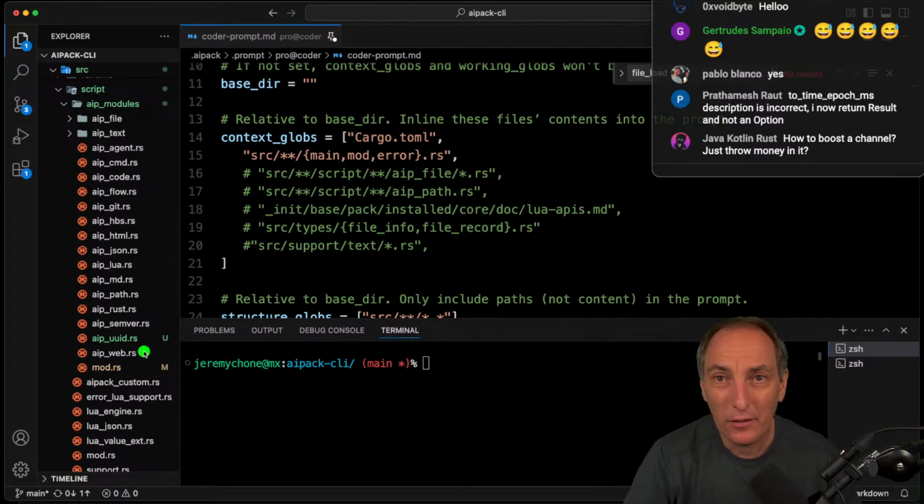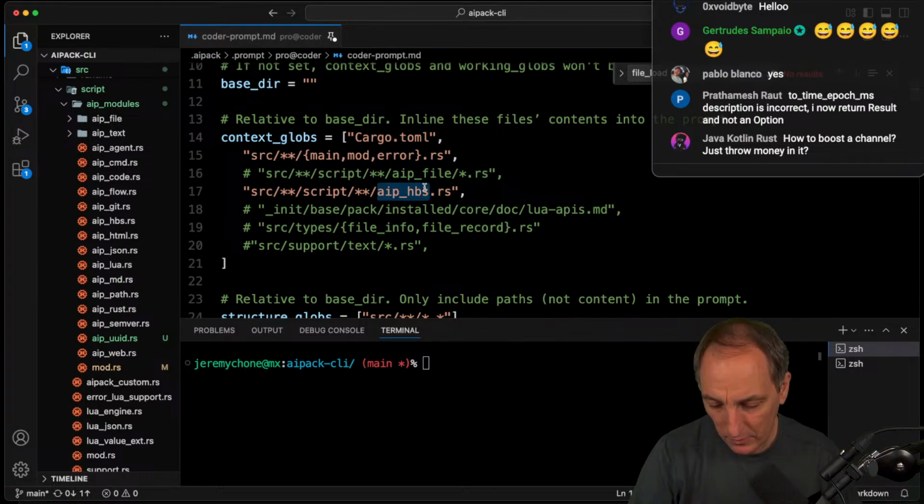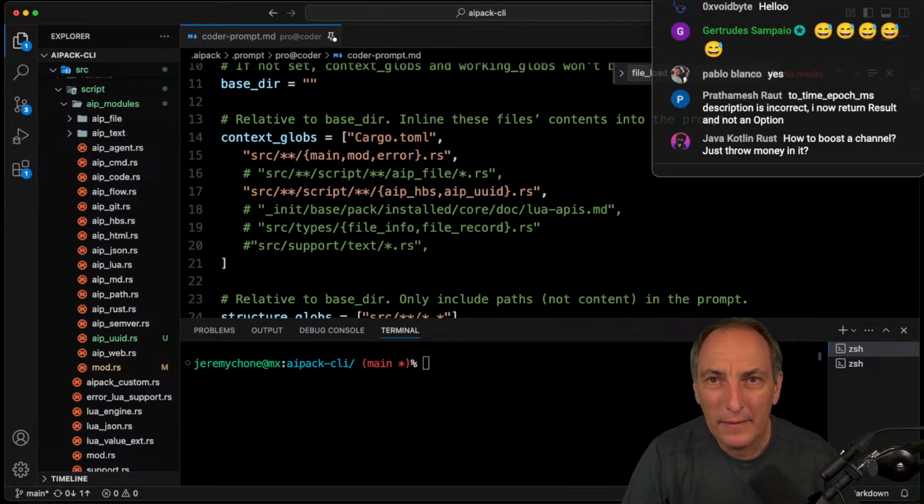So I know my code, and I know HBS might be a good example. So I'm going to give HBS here. It has all the modes, it has all the things, and I'm pretty happy with that. And I'm going to do HBS and AIPACK UUID. And then the other one I want to give as well